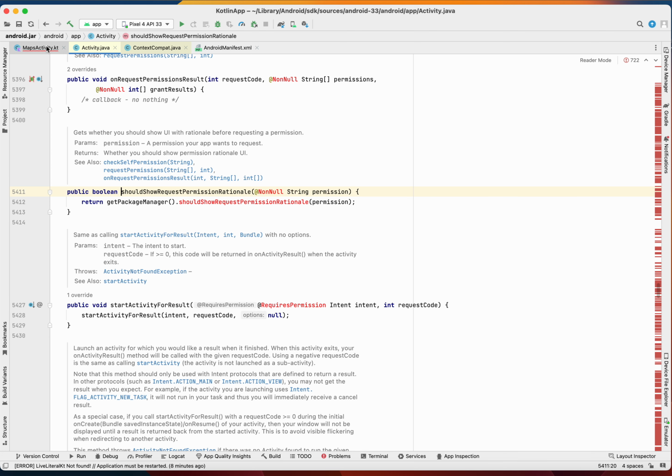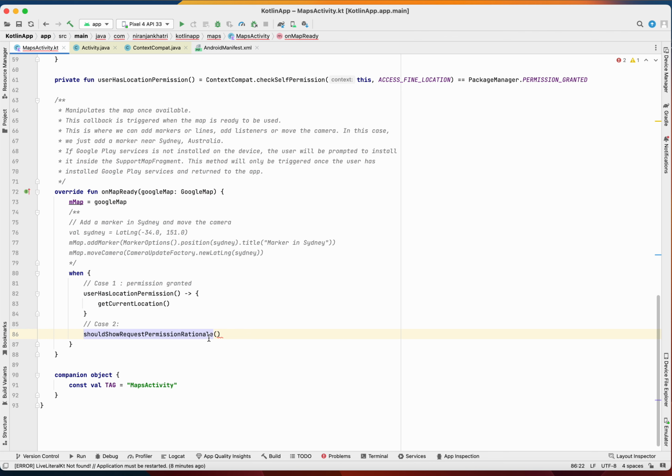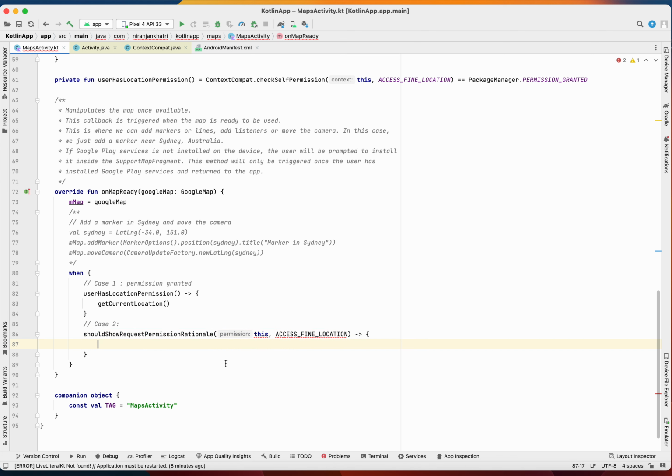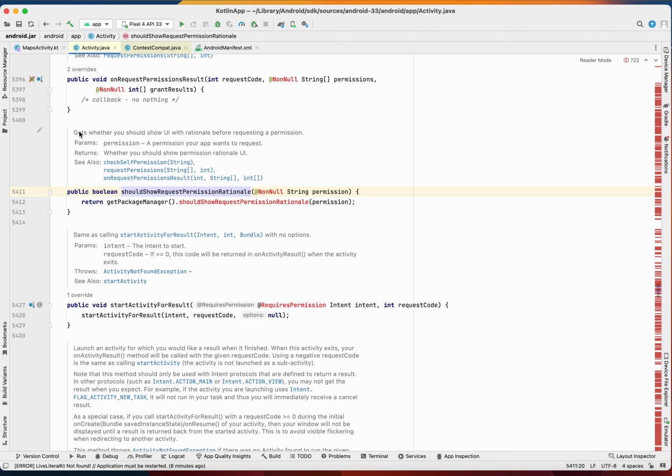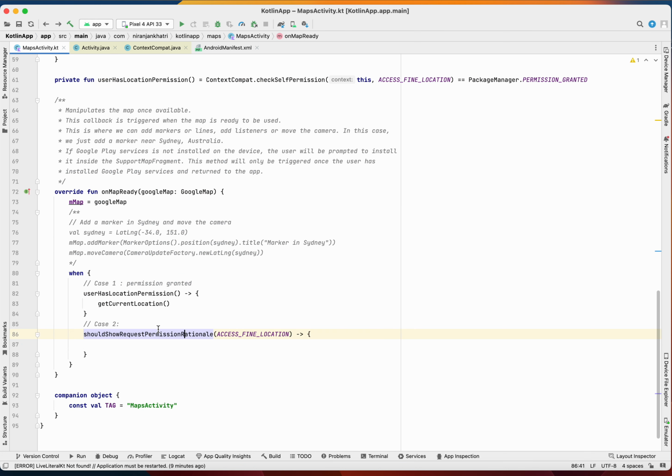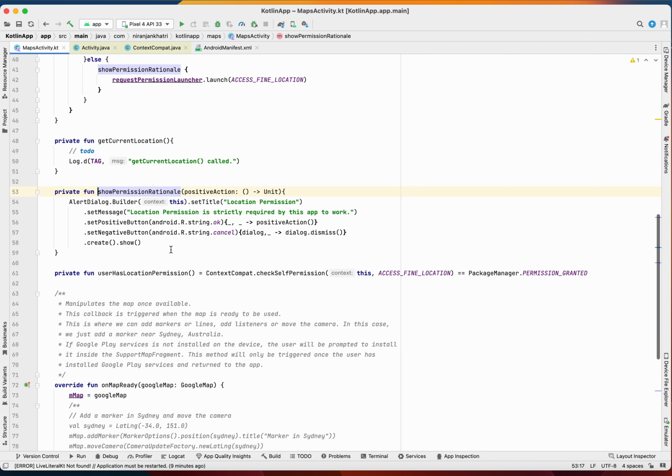Okay, so it's just going to check shouldShowRequestPermissionRationale for this location permission. Okay, let's see. Actually, it's not asking us for the context. Yeah, it's just this one. Then if we should show the permission rationale, then we show the permission rationale, which is this one,